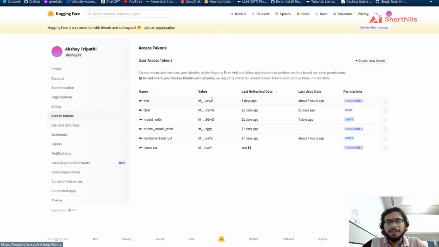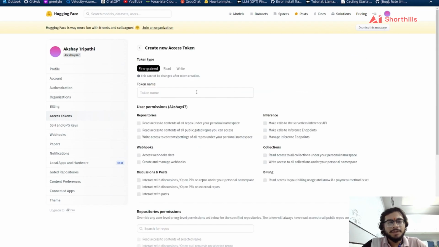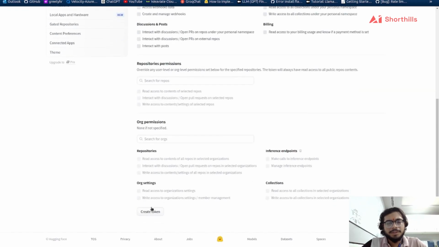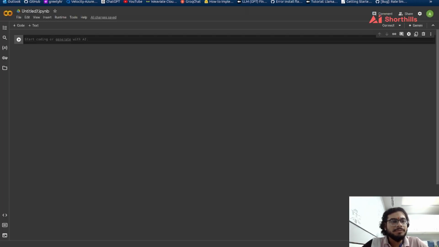Here you can create a new token by clicking on it, and you can give any name to your token, like I can give Llama 3.1, and as per your requirement you can give permissions to this token and select the permissions, and then from here you can create the token. After getting the token,